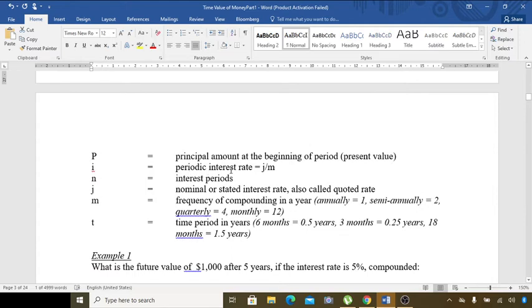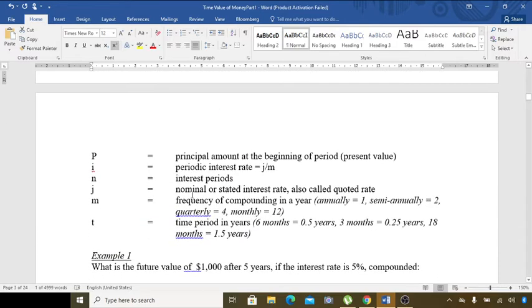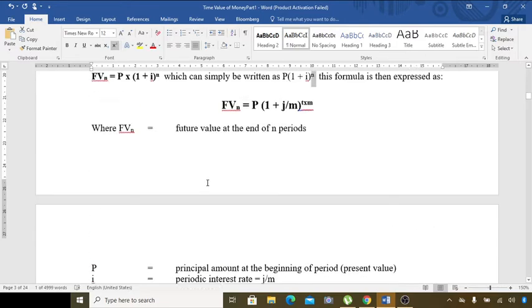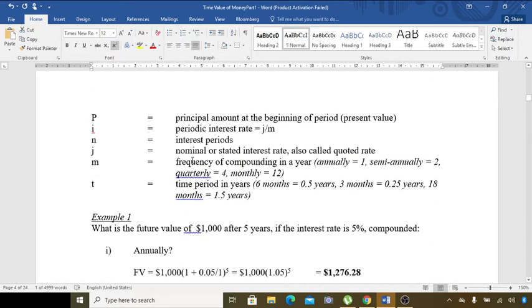And notice that here, I is J divided by M. What is I? I is the periodic interest rate, and it is calculated as J divided by M, whereby N, which is the power outside the bracket, is the interest periods, and it is T multiplied by M. Now J